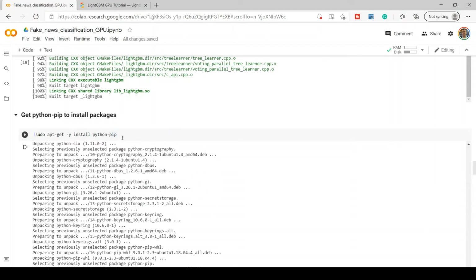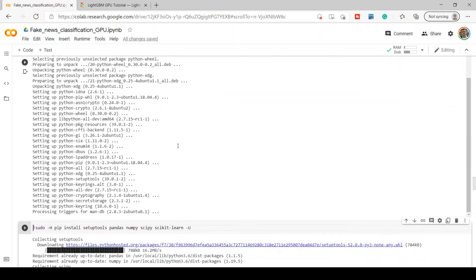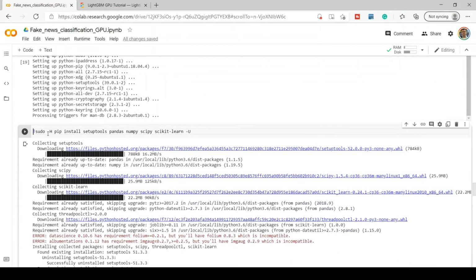But it would be required if you are performing these activities within your Ubuntu machine, so I have added this statement to make sure we have all the appropriate dependencies available within my system.